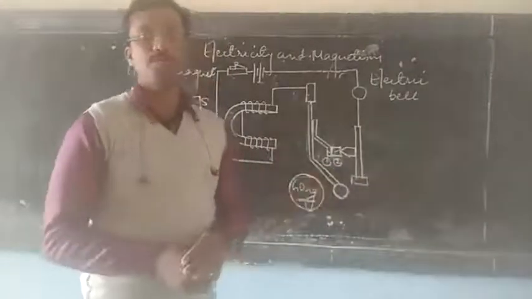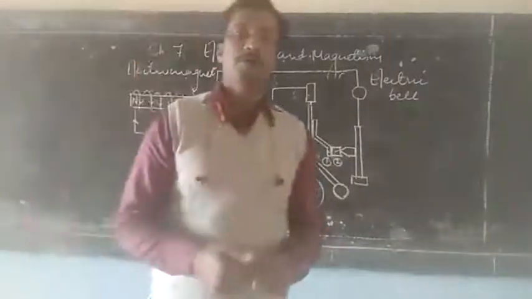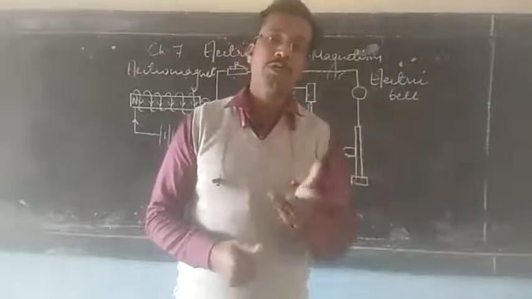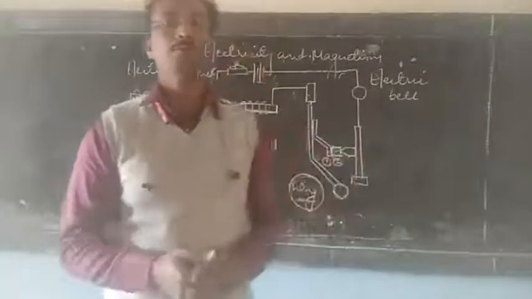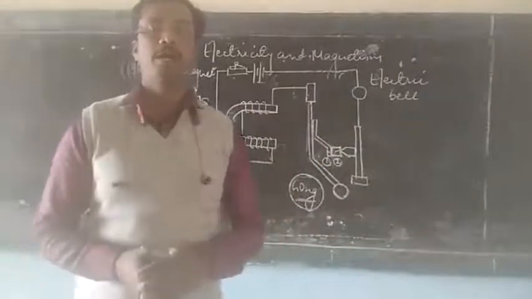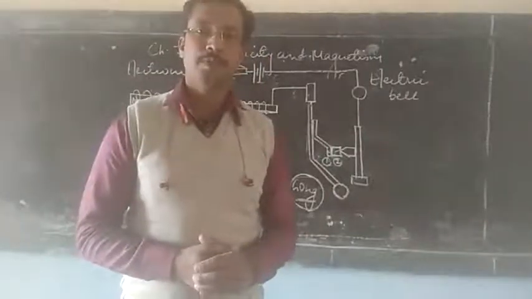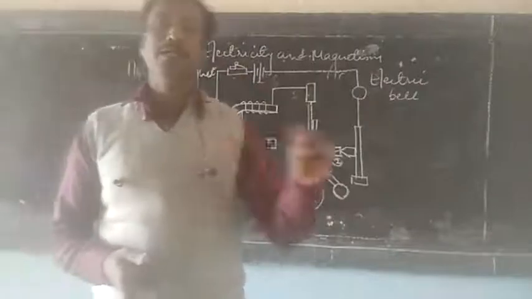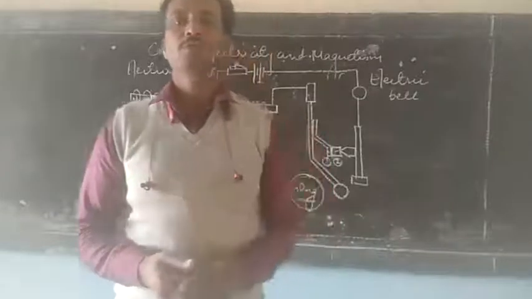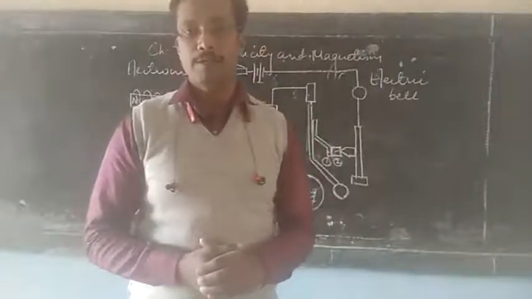Now when it goes back to the position, once again 1 and 2 will get connected and will complete the circuit. If the circuit is completed, the process will continue. That means again the current will flow and this electromagnet will attract the armature, where once again the hammer will come to the left side, hit the gong and produce sound. So this connection and disconnection of the circuit keeps on changing, which keeps on producing sound on an alternate basis. This is the working of an electric bell.